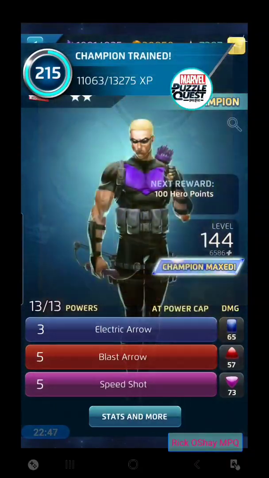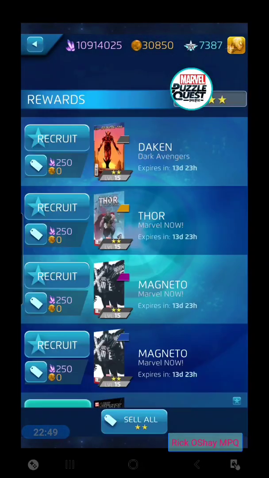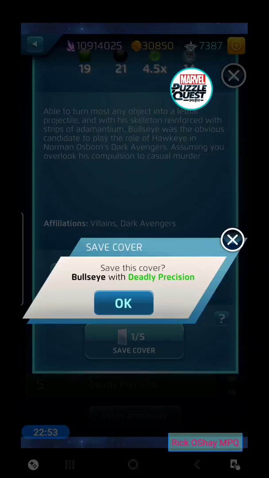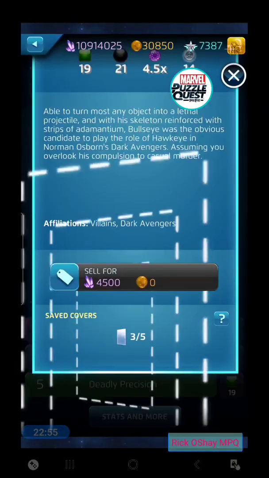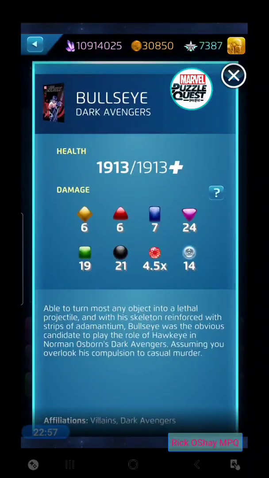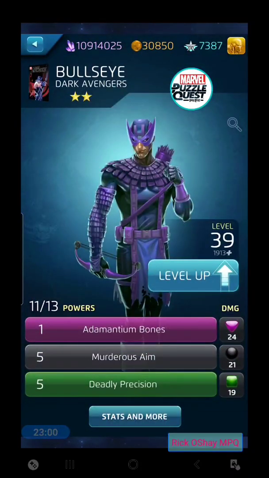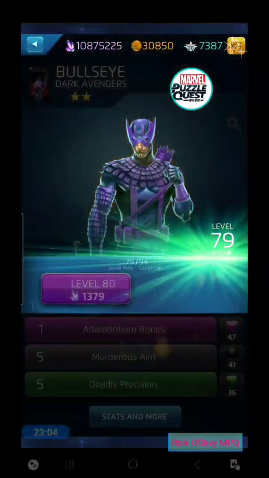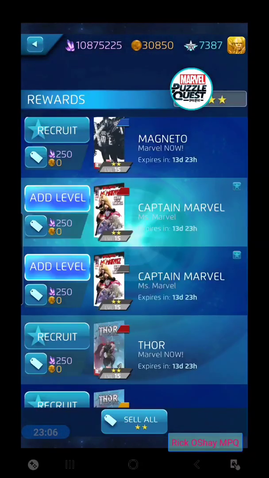Okay, so we can max champ Hawkeye here. Nice to have him up there for those speed shots. Got to save covers on Bullseye. He's in rough shape. This poor guy is at 155. Not getting enough purple. We'll get it soon enough, but very